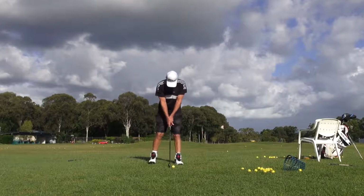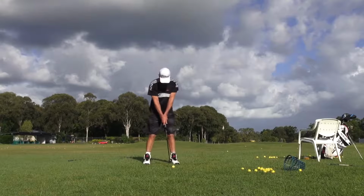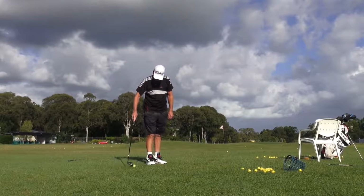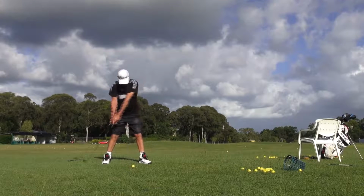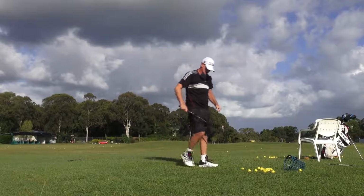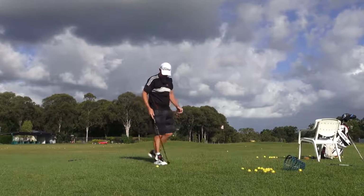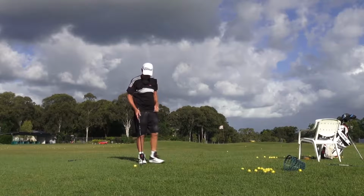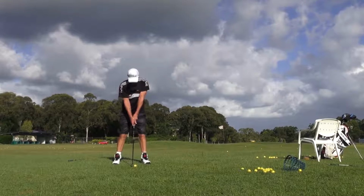And what you will notice is that I take a lot more time over the ball than I used to. You know, the old JH golf swing was, you know, here and go. Well, I certainly don't do that now with the new swing, because the new swing requires thought. It just requires thought. And the thought is, for me, a sequence. It's a countdown sequence. And so I'll get over the ball, and guys, I go through my thought sequence, which